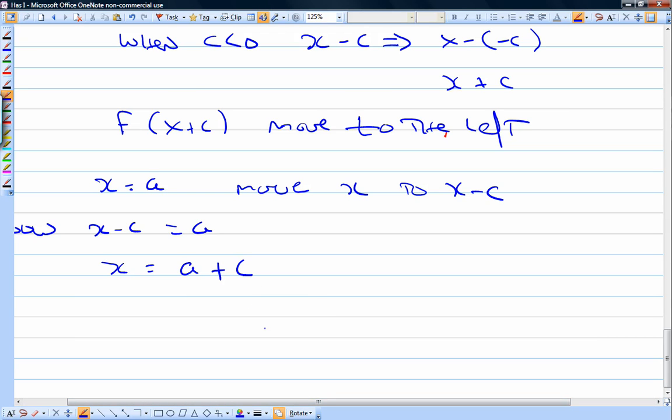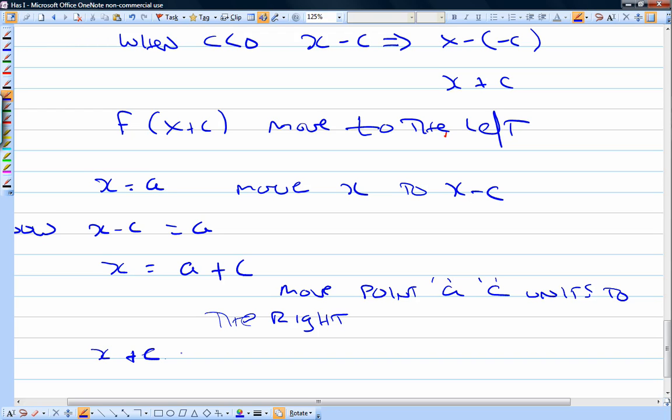So we can see how the minus turns into a plus when we do the algebra. This says move point A c units to the right. And similarly, if I have x plus c equals a,